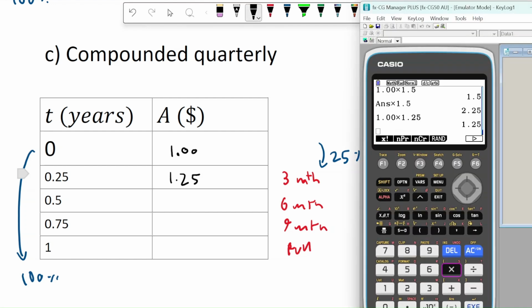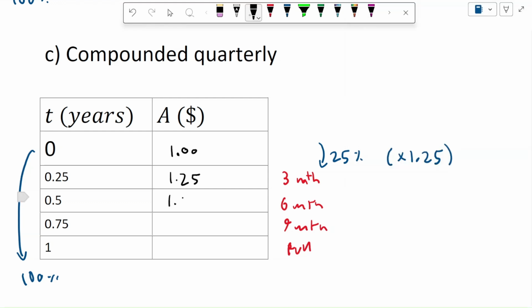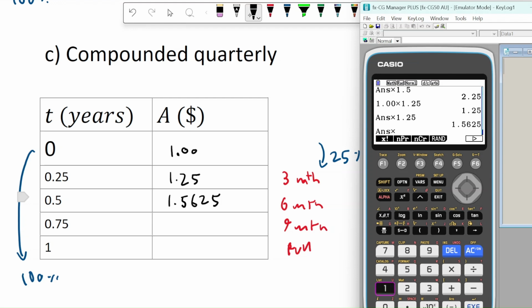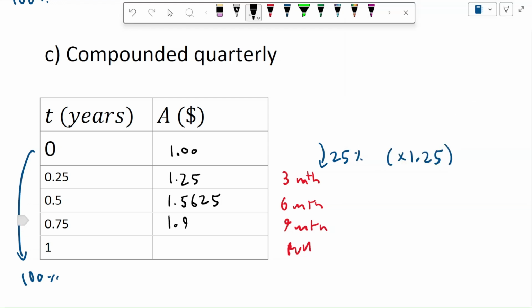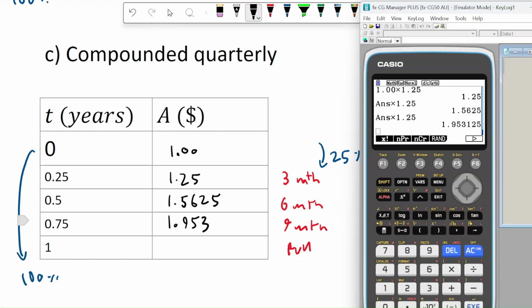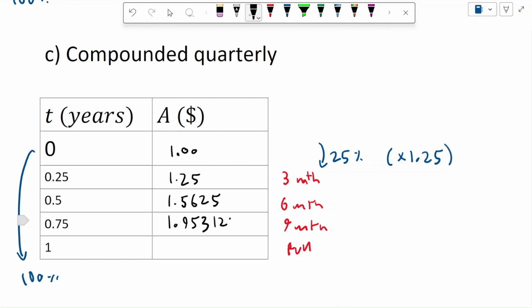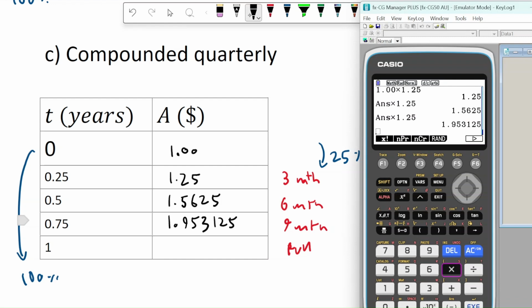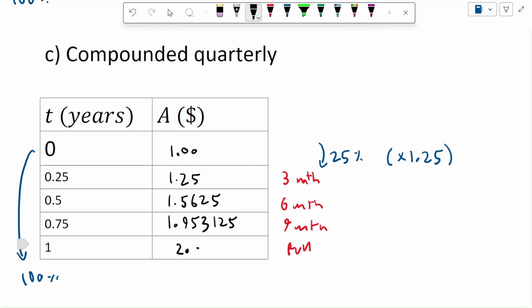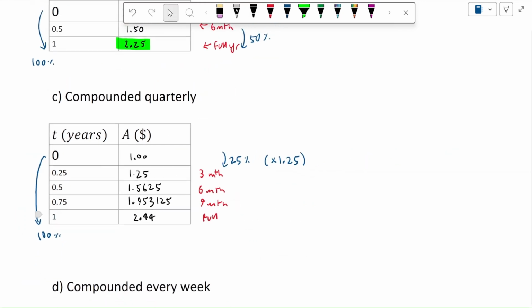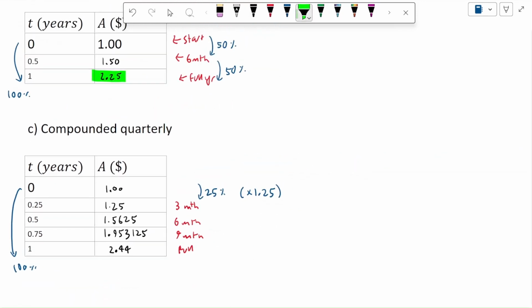I want to times it by 1.25 again. So I get 1.5625. We'll use the full versions here. Times by 1.25 again, I get 1.953, and there may have been some more decimals, 125. And then we go to times it again. So 2.44 or $2.44. So you can see here that once again, quarterly is better,